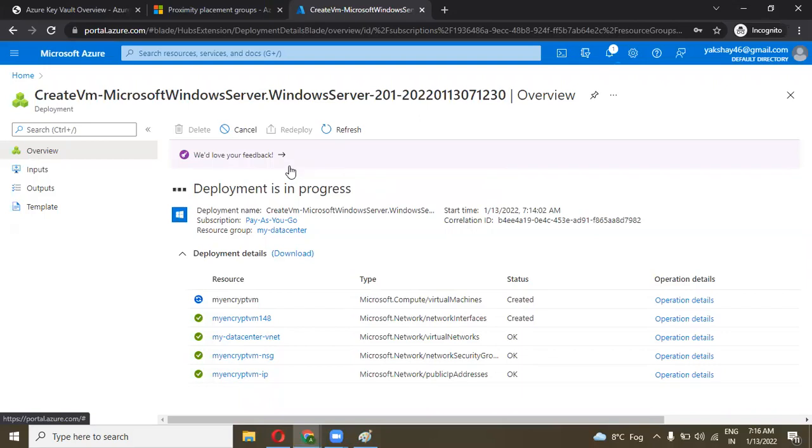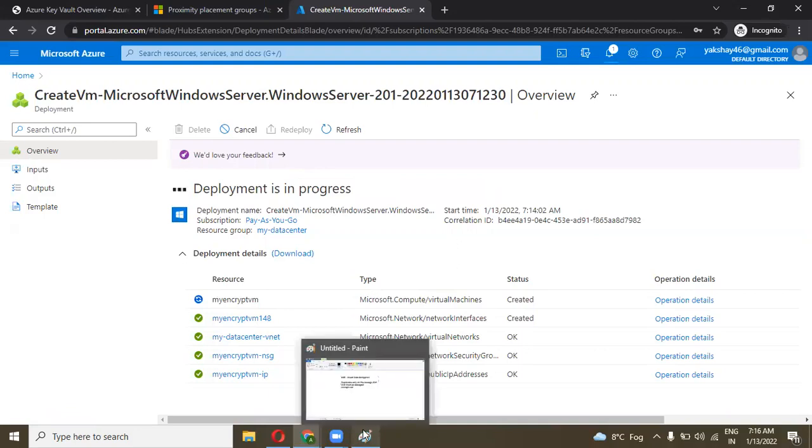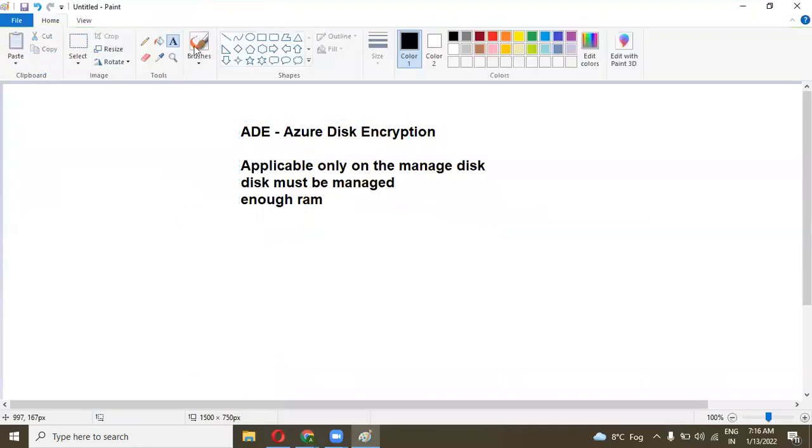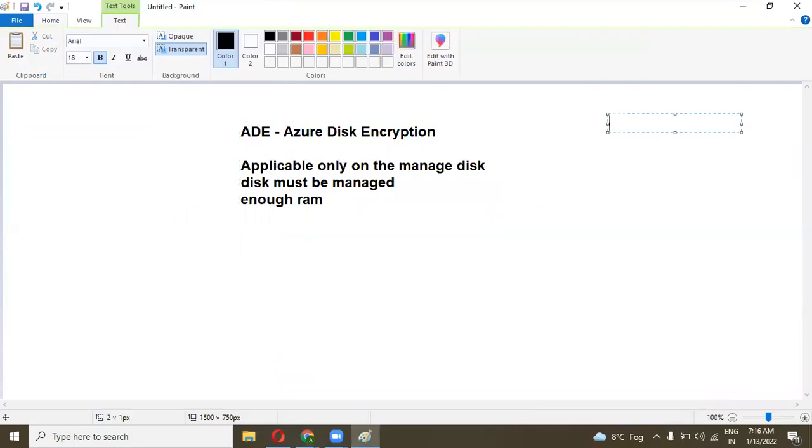Also, the managed disk comes with a default encryption. Default encryption is SSE with PMK. SSE with PMK you can see on the disk panel.